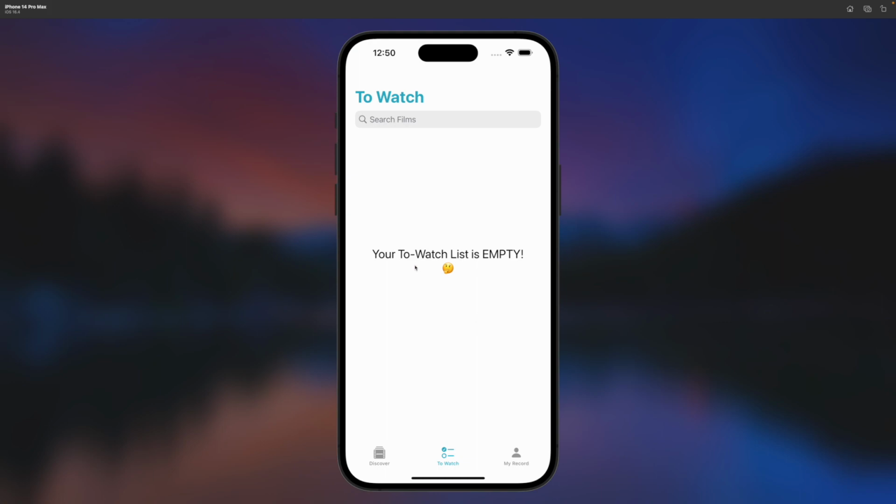And currently it's empty, so there's a cute emoji letting you know you should definitely add something to watch. And there's a My Record tab, which tracks your statistics on the number of films you've watched earlier, which are currently in your to watch list, and the films that you've liked. And currently there's no record as well.